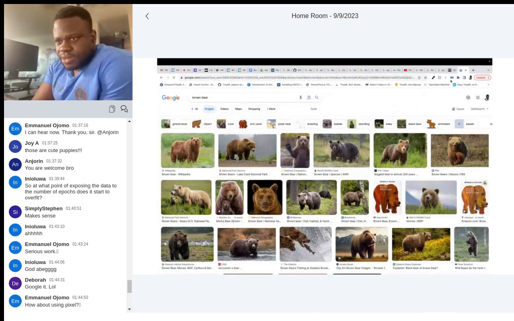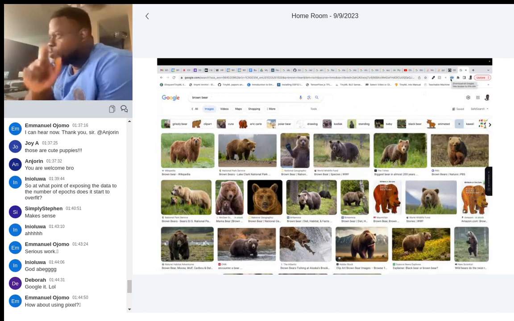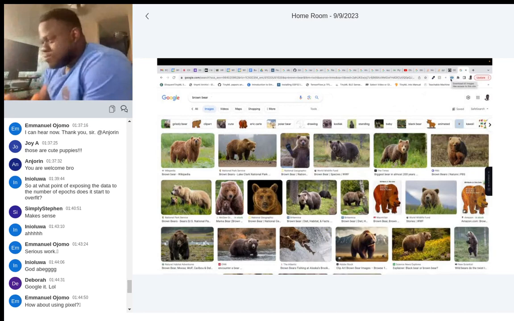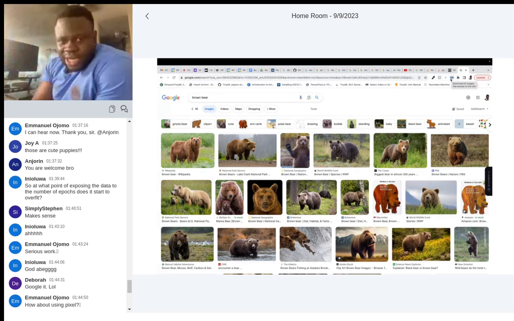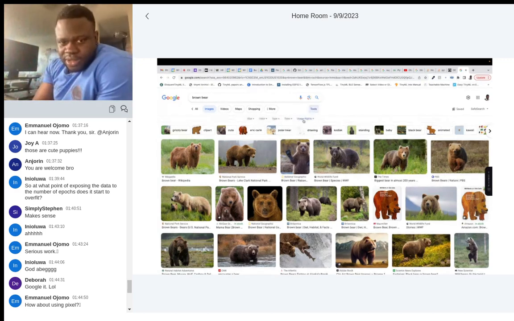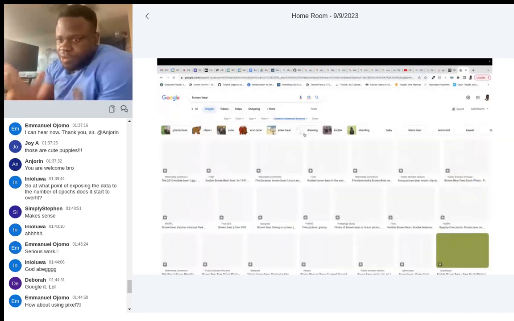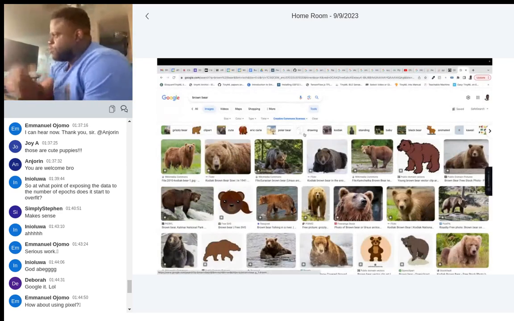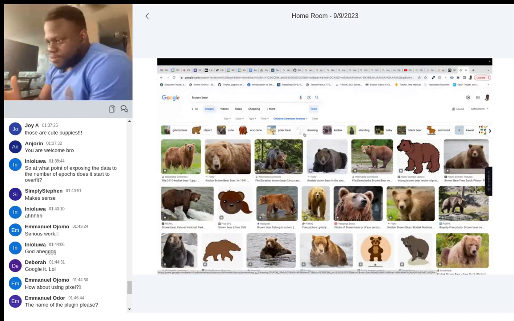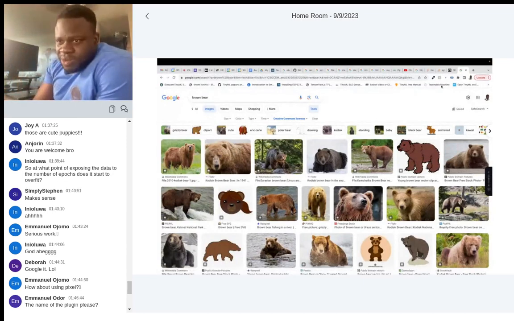This plugin, you can see what it's saying on my screen. It will download all the images right now. I'm just showing you what I do. I'll go to Creative Commons, which is shareable, you can use it, it's free. I've forgotten the name of the plugin now.